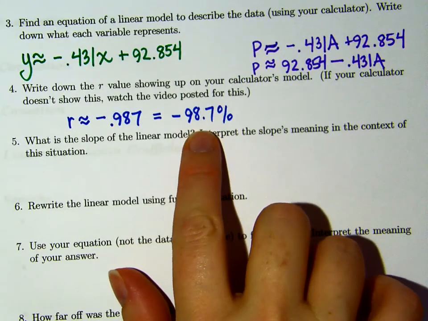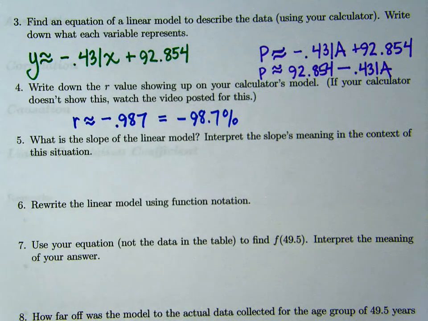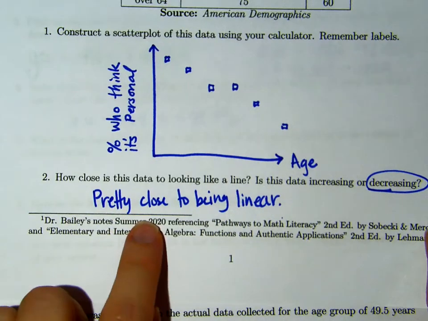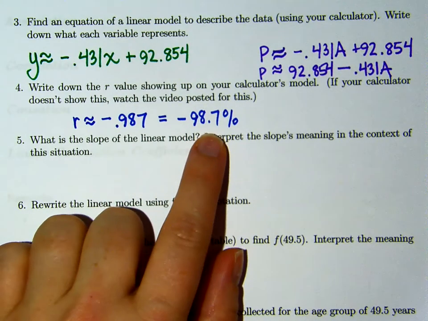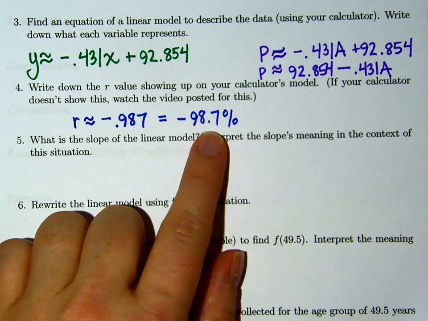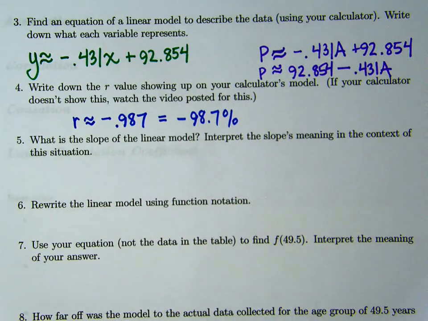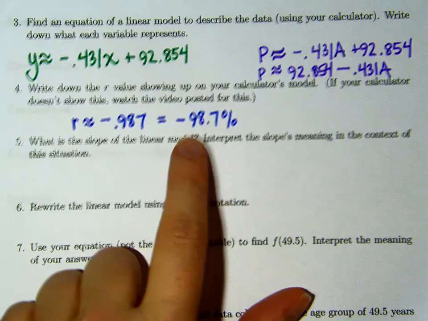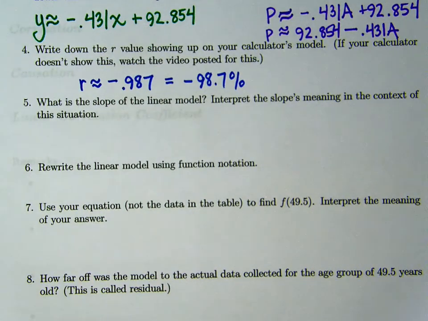I'm going to be using this to judge how good. So when we said, is this linear? Pretty close. And then I look at this and I'm like, oh, you know what? It gets an A. It gets an A in being linear, and it's decreasing. So that correlation coefficient, that's going to be one of our measurements for how good is this model, or how close is this model to being linear. Well, it's pretty good. It's a pretty nice percentage. A lot of people would love to have that in their math class. Anyway,